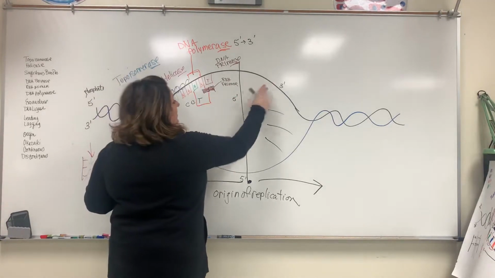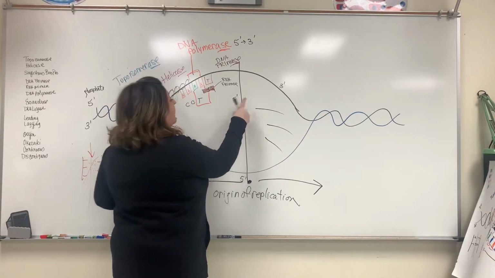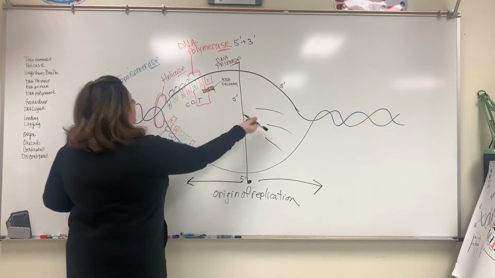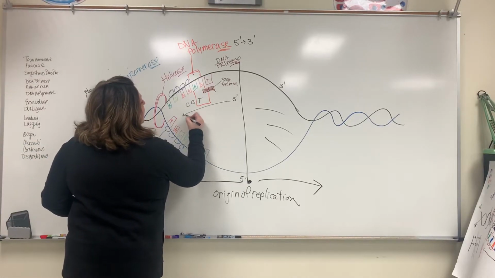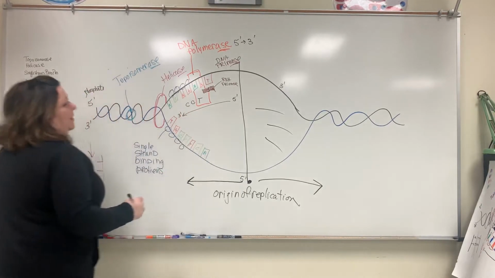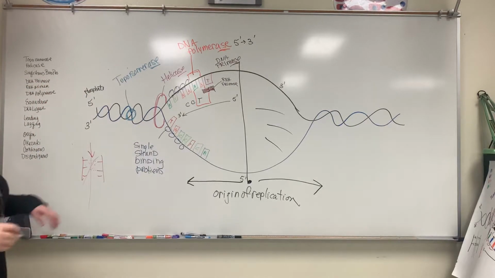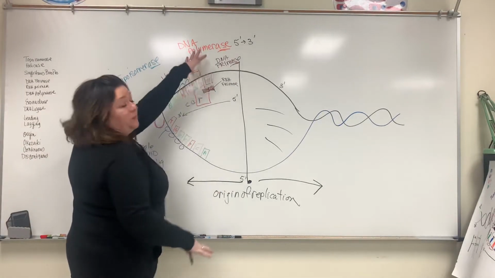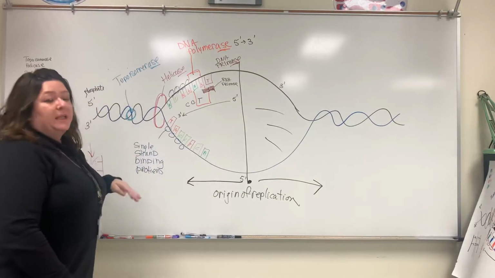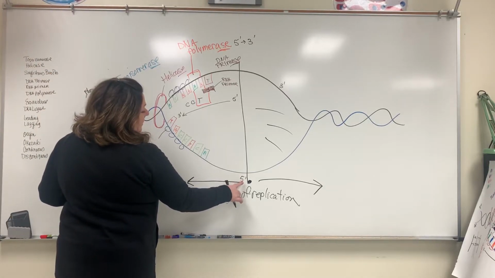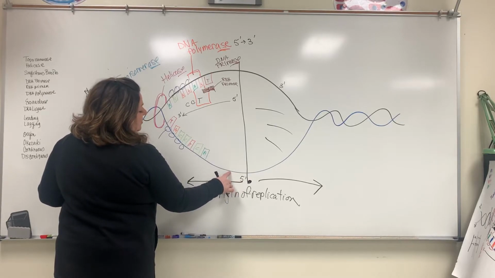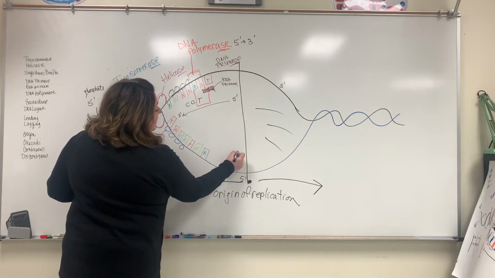Because if this is 3, this has got to be opposite. It's got to be the 5. So this strand, because we're moving in this direction, is being built from 5' to 3'. Okay? Because remember, these are going to become 2 separate DNA strands shortly. And then that means that this one, if this is the 5' end of this strand, that means we're building one that is going to be 3'